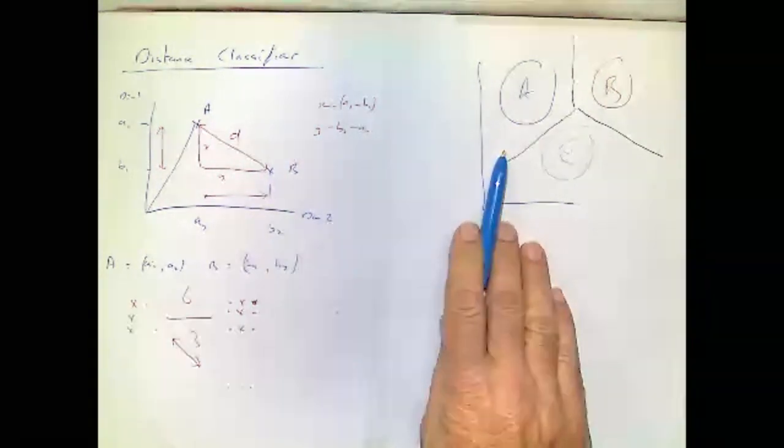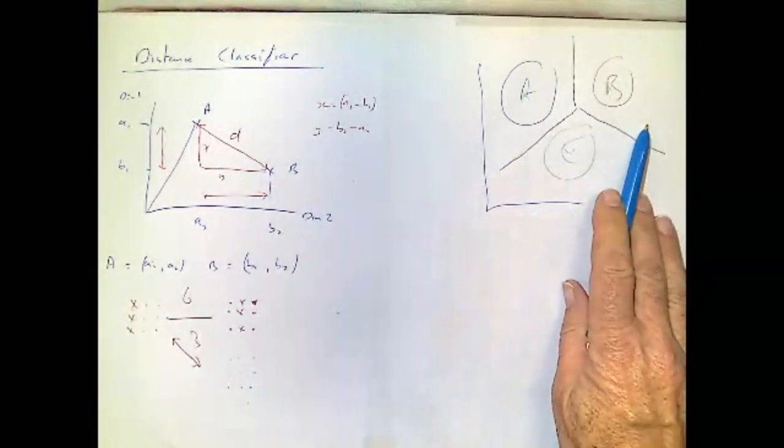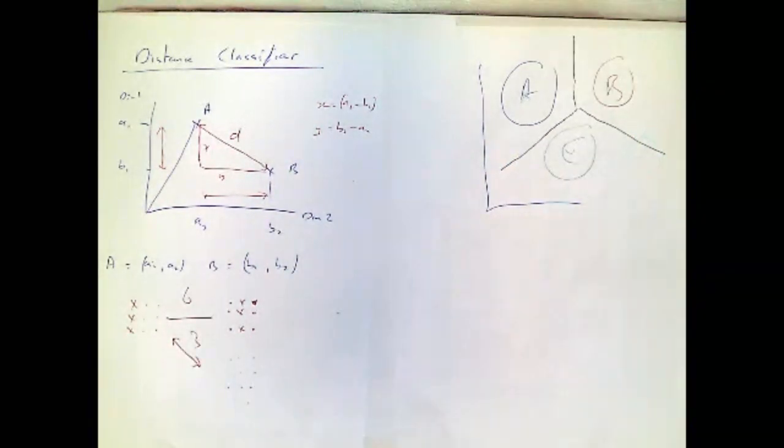So region, any pattern in there, class A, any pattern in there, class B, any pattern in there, class C. So that's your distance classifier. Now, in exams in the past, it can be applied to loads of applications. I think one exam paper last year, it was selecting the American election a few years back. Trump and Biden, was it?